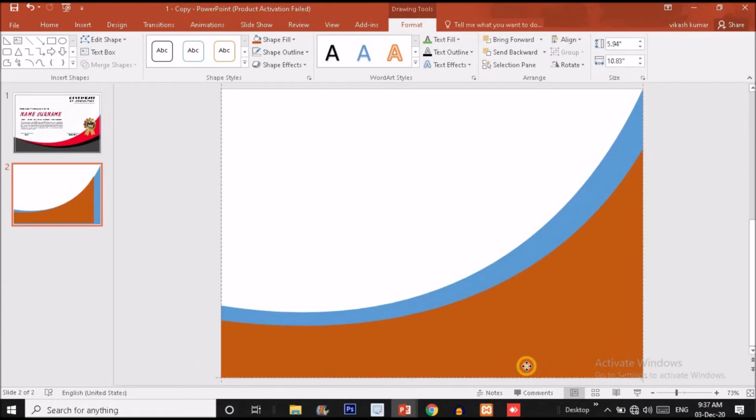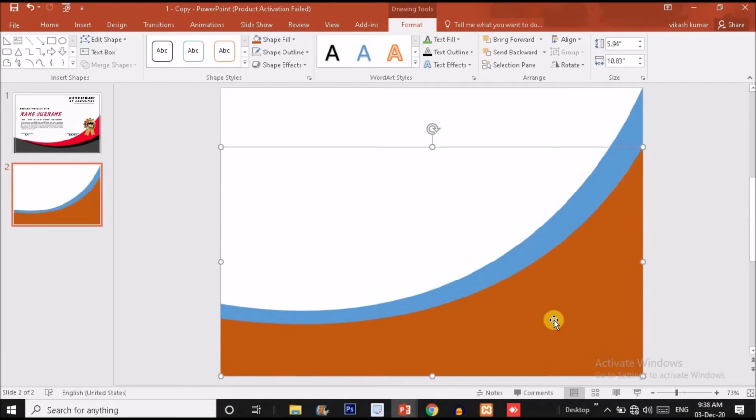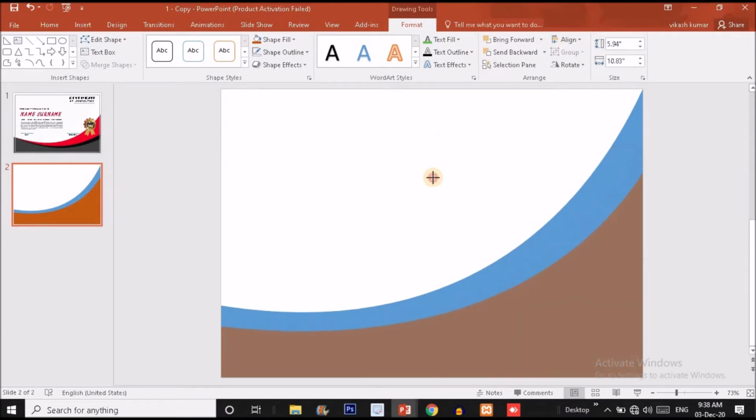Now what you have to do guys, you have to decrease the height like this.